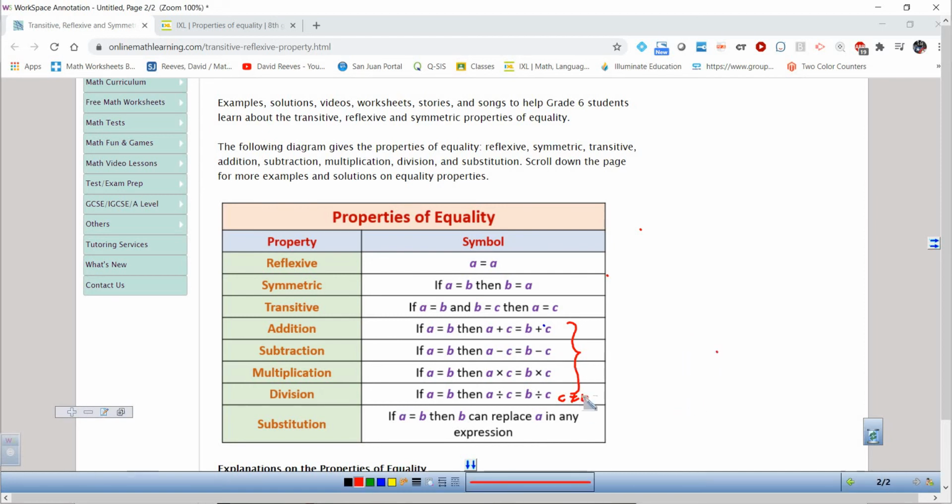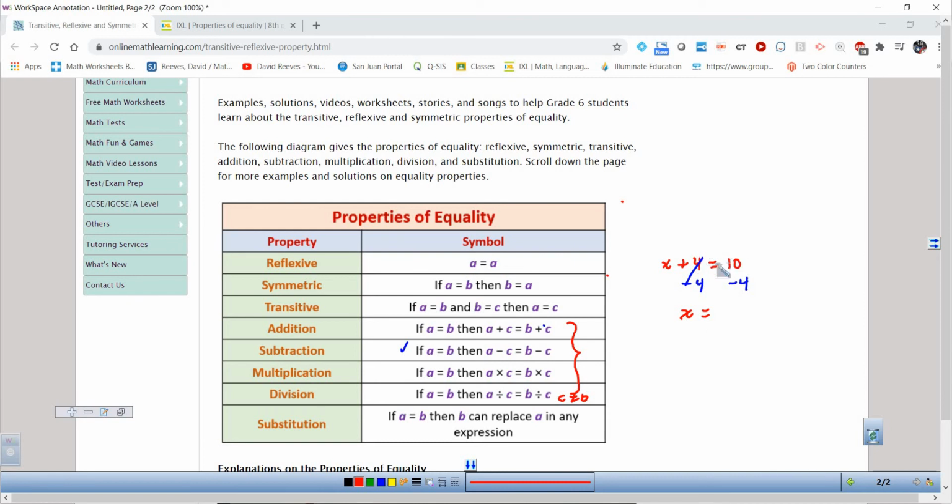All right, so what these properties of equality allow us to do is solve an equation, right? So if I have x plus 4 is equal to 10, and I want to know what x is, well, if I can subtract 4 from both sides, I can get that x by itself. It's called isolating the variable, right? And I know I can do this because the subtraction property of equality says as long as you subtract the same thing from both sides that are already equal, they will stay equal. So my equation changes. Both sides are now 4 smaller,